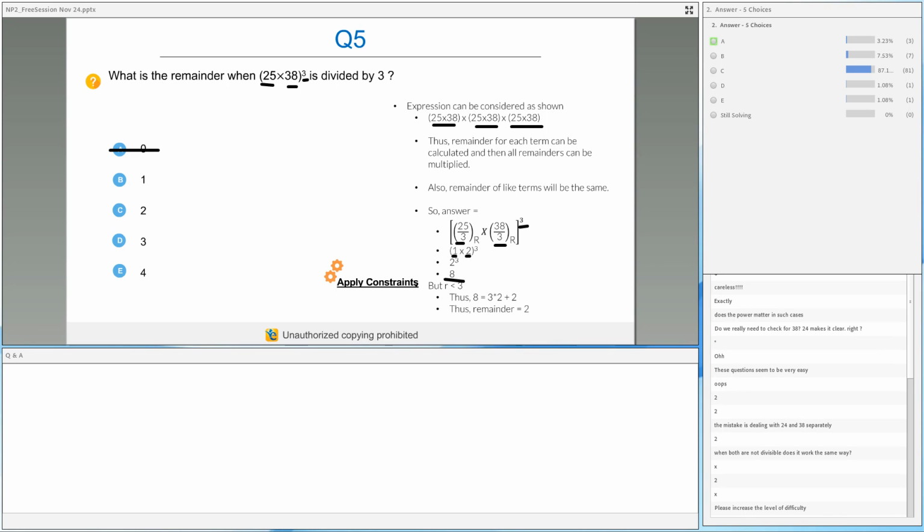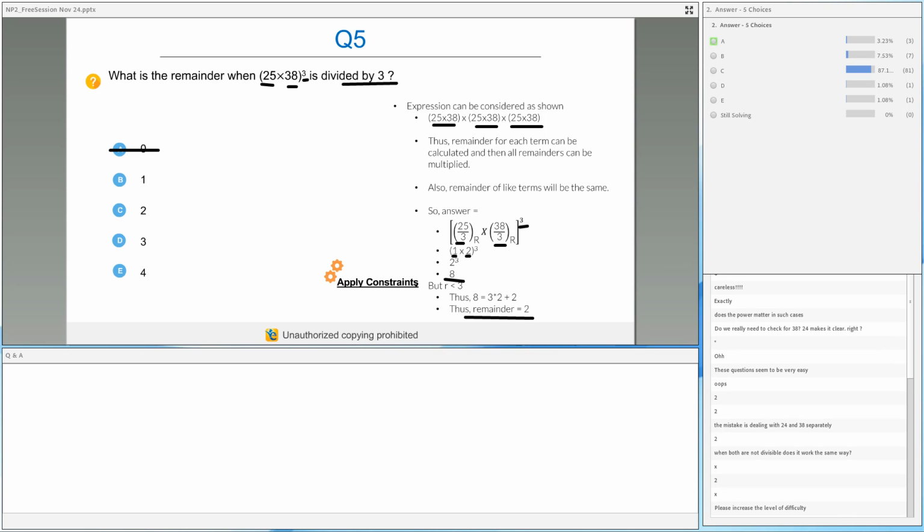Now in this case 2 cube gives you 8. This 8 is obviously not less than 3, so you need to divide 8 by 3 and find out the remainder as 2. Those of you who did not do it, who simply got 2 into 1 2 and found out the value, please don't do that. Please keep in mind the power also plays a role. The answer coincidentally in both cases, even if you make a small blunder, you'll end up marking the right answer, but this is the correct way of solving the question.